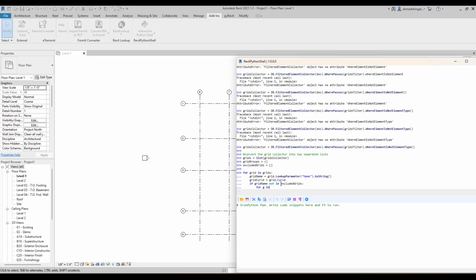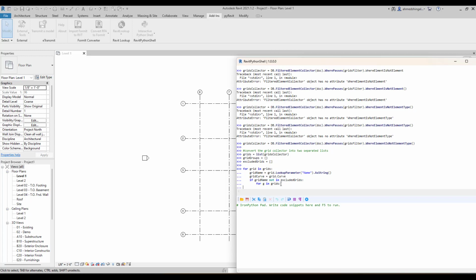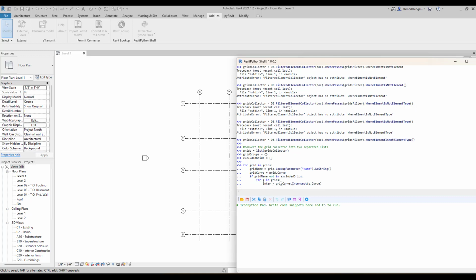So we say for G in grids, we say enter equal the grid curve dot intersect, we say G dot curve, okay, and we say the G name equal G dot lookup parameter again for the name, a string,